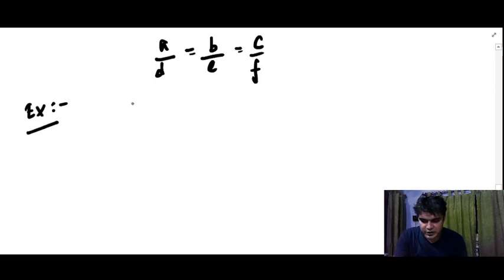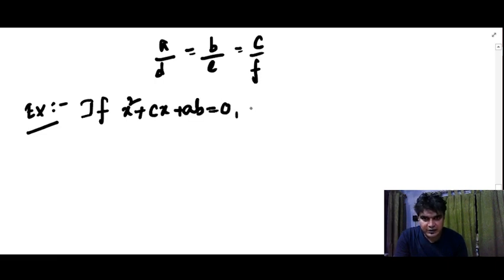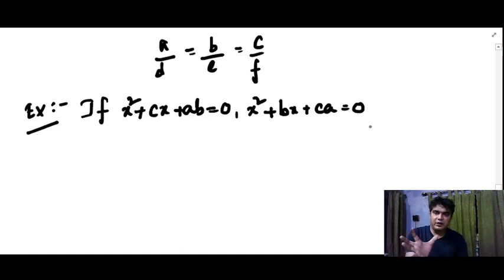Let us have one equation like x square plus cx plus ab equals to 0 and x square plus bx plus ca equals to 0. So let these two equations have a common root. Okay. Now what we have to do, we have to show that